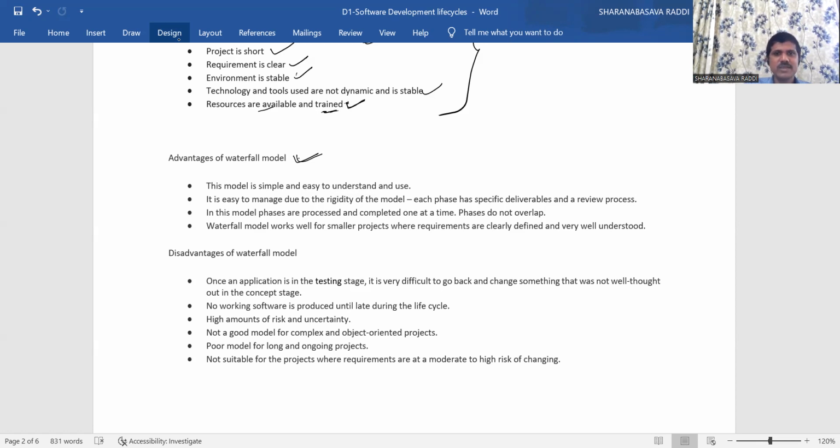Means this is a very simple software development life cycle. Means there are sequential phases. Okay, there is no repeating and all. So this is very easy to understand and it is a very simple one. Next,